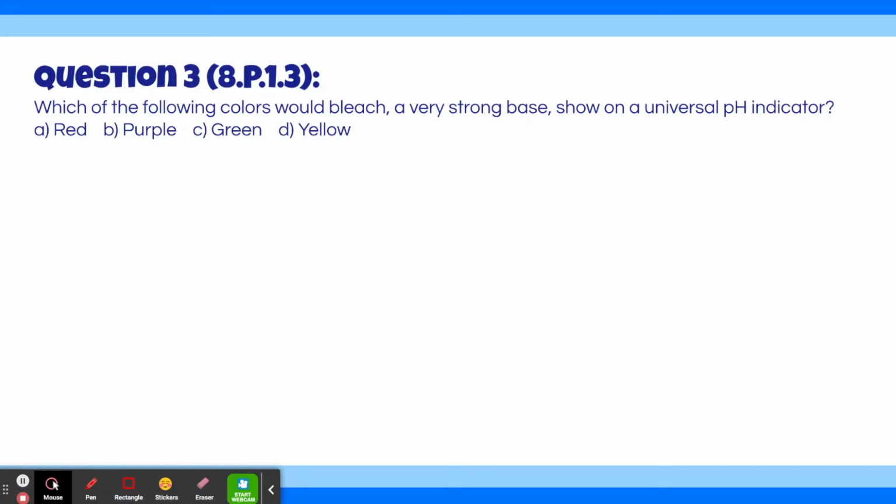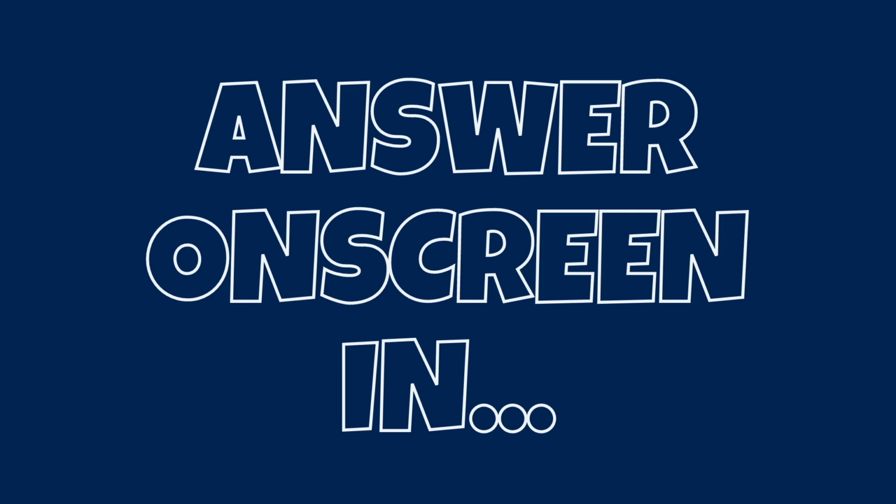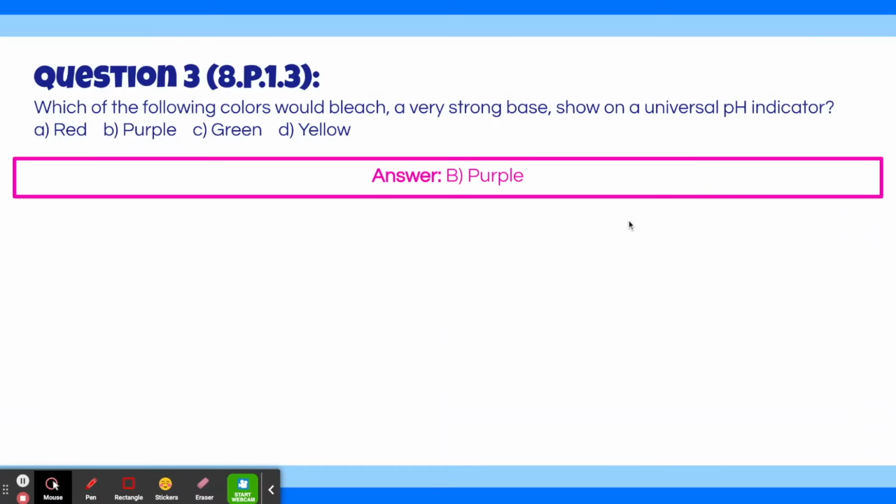Question 3. Which of the following colors would bleach, a very strong base, show on a universal pH indicator? A. Red, B. Purple, C. Green, D. Yellow. The answer to this question is B. Purple. So to figure out how we answer this question, the first thing we need to do is take a